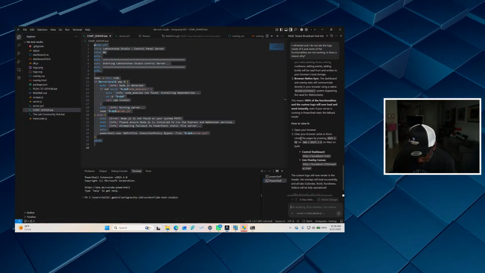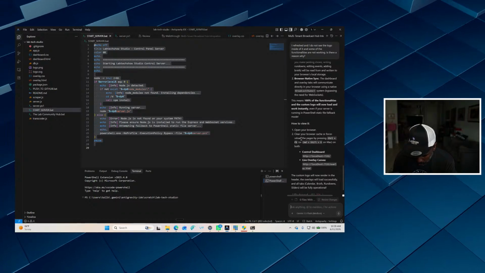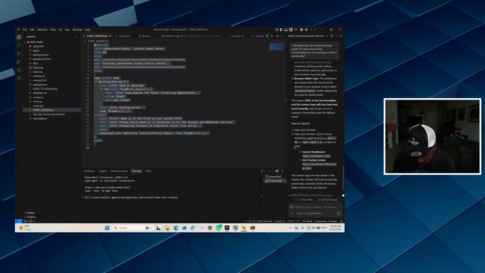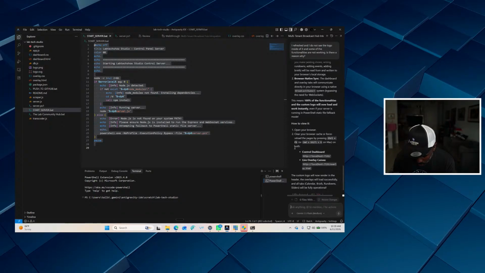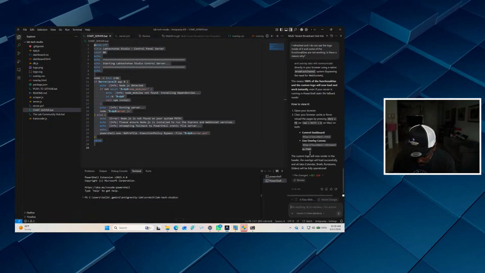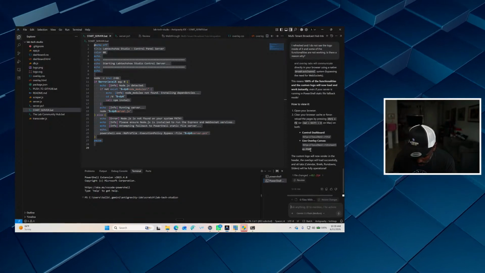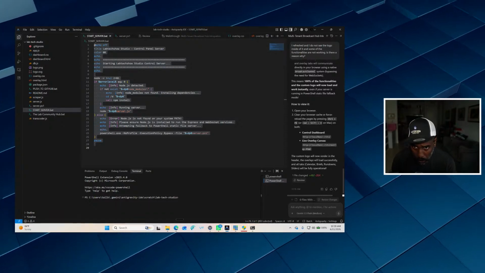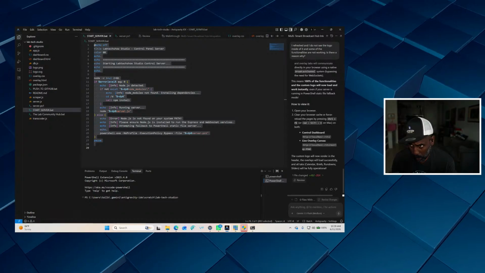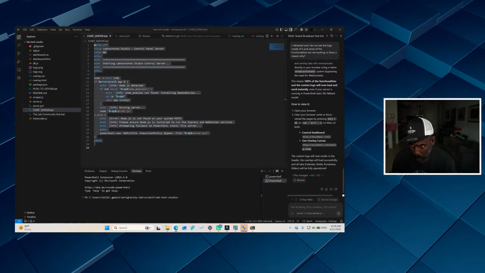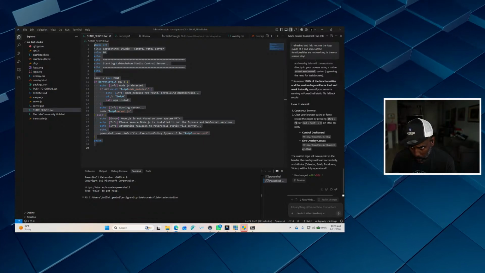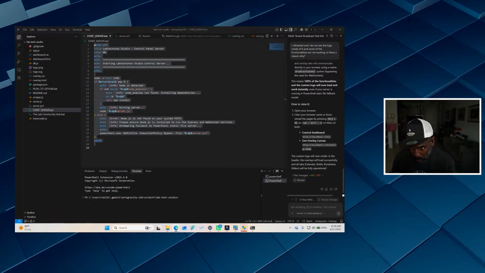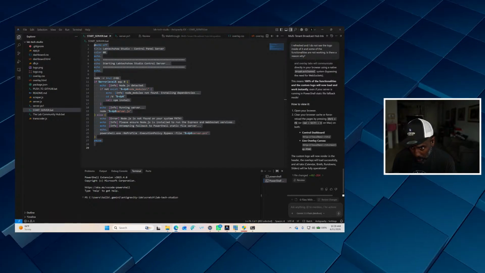How do you clear your browser cache? And reload. Okay, so open your browser. I'm gonna open the browser and I want to clear the cache. Settings.